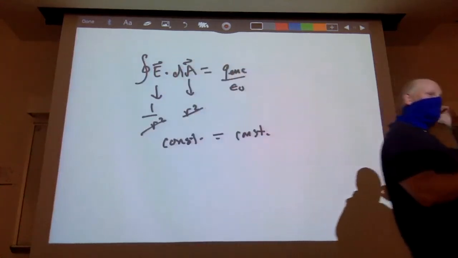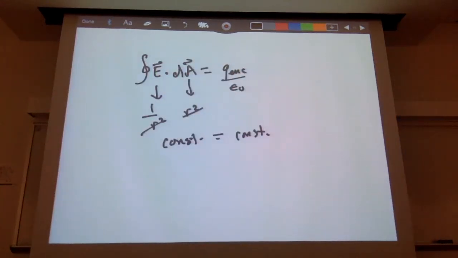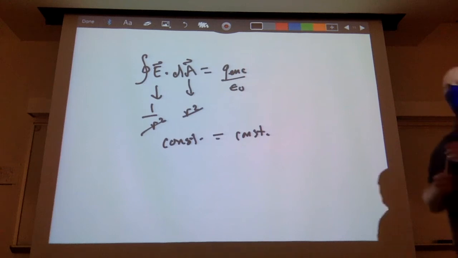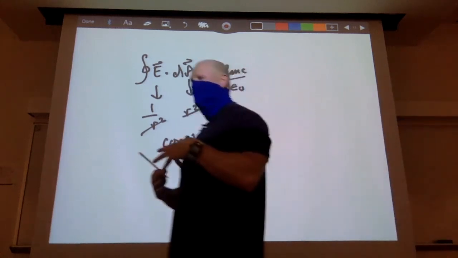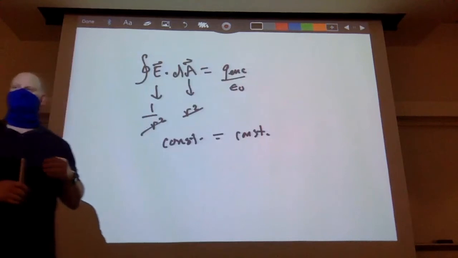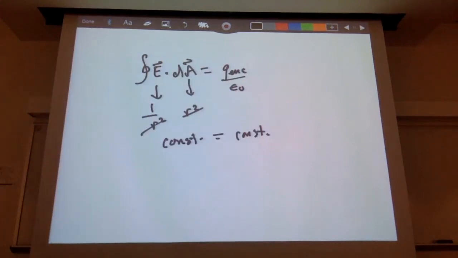So what Gauss's law says is I can determine an electric field as long as I have charge enclosed inside of that electric field. That's what's creating our electric field. We'll talk about how this actually works in a second. So let's do an example